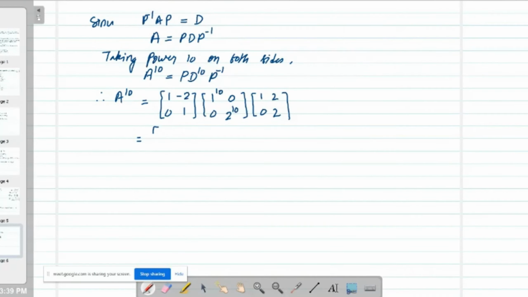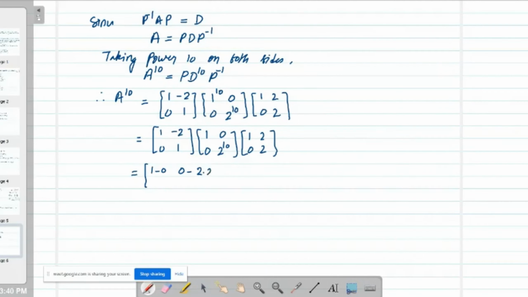चलिए इसको थोड़ा अच्छे से लिख लेते हैं। 1 माइनस 2 0 1, ठीक है। 1 का पावर 10 करेंगे तो हमको 1 ही मिलेगा, 0 0, 2 के पावर 10। नाउ नेक्स्ट 1 2 0 2, फटाफट मल्टीप्लाई करो जैसे पहले किया था। सो दिस इक्वल टू, इसका इसमें मल्टीप्लाई करेंगे 1 और ये तो 0 हो जाएगा, तो 1 माइनस 0। फिर से इसमें आ जाइए, इसका मल्टीप्लाई करेंगे तो 0 और यहाँ से मल्टीप्लाई करेंगे 2, 0 माइनस 2 इंटू 2 टू द पावर